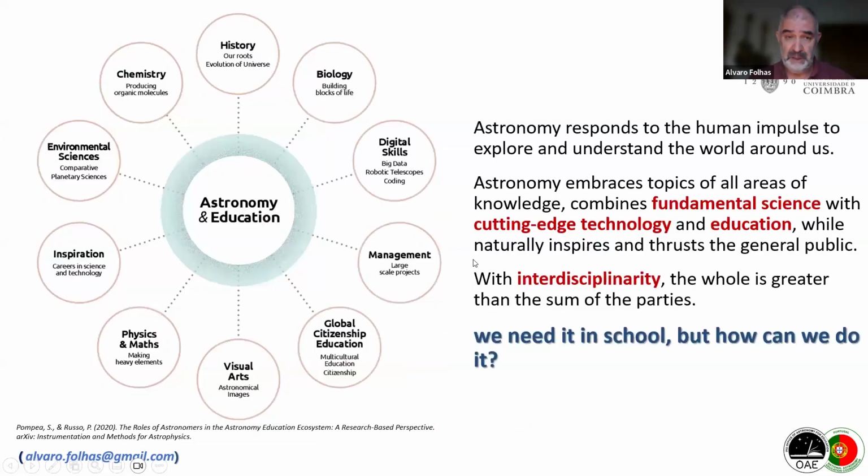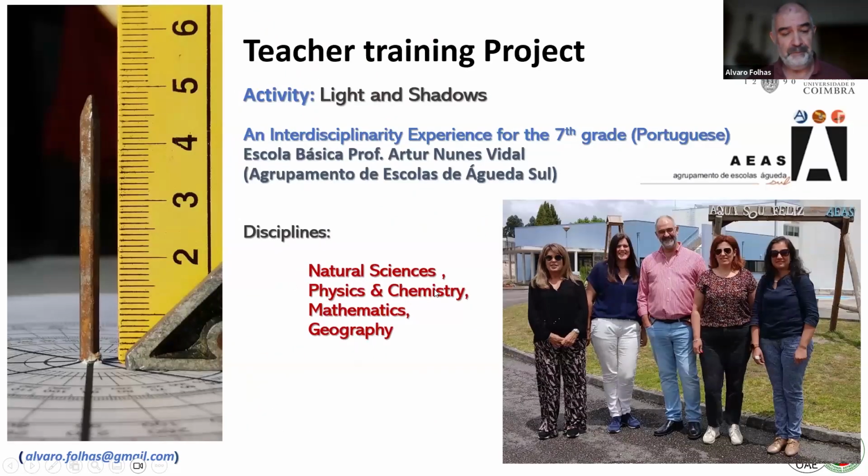For that purpose, I use astronomy, because astronomy provides a unique platform to inspire students, because it ties together different areas of knowledge, from cutting edge technology to pure and applied sciences. But we need that for sure in our school to pursue the goals of the future. For that purpose, I try to design